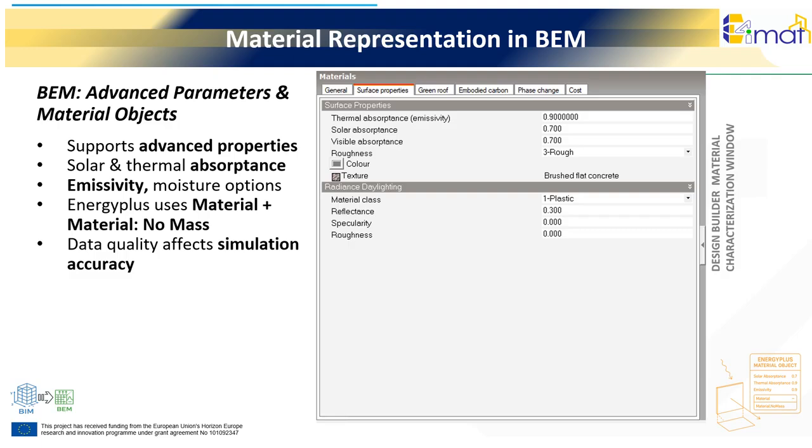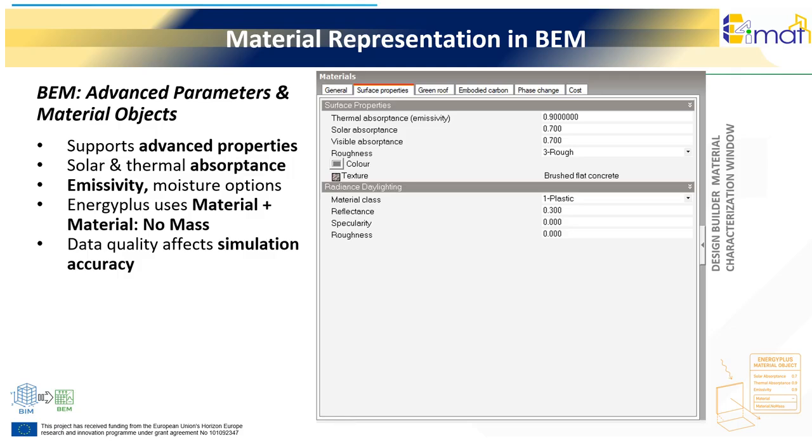Beyond the core thermal properties, BEM tools can incorporate advanced parameters to refine the simulation. These include solar absorptance, thermal absorptance, surface emissivity, and in some cases, moisture-related coefficients. These values help capture how the material interacts with radiation and temperature changes. EnergyPlus structures this information through specific material objects, such as Material and Material: